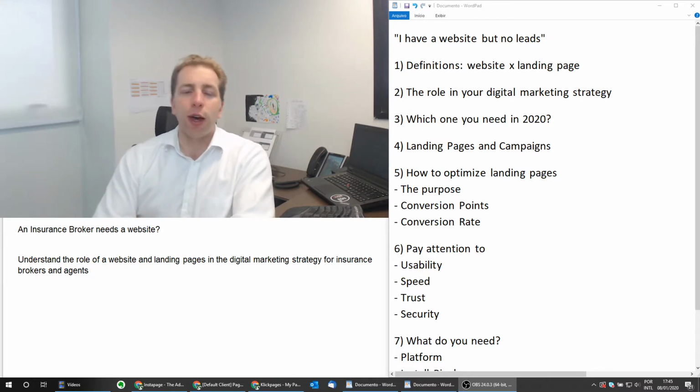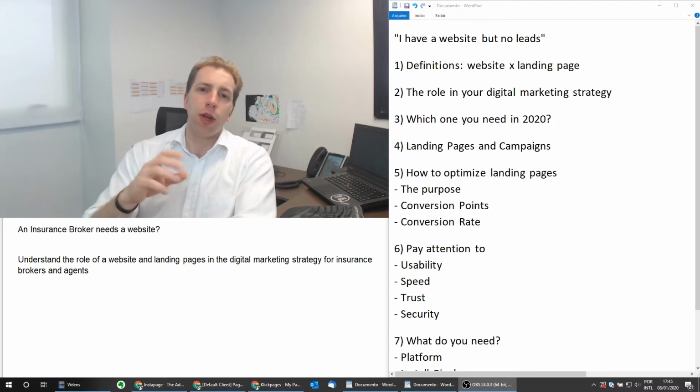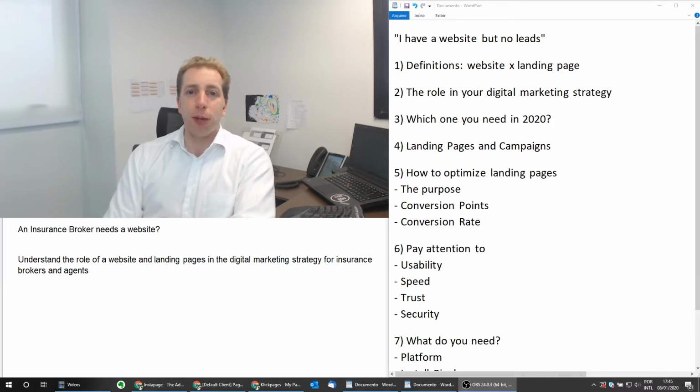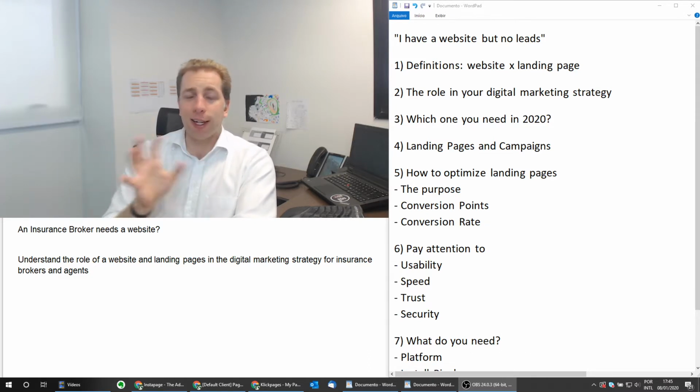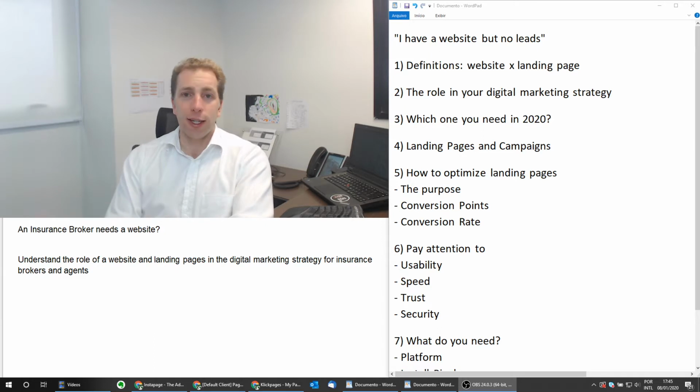You're going to have logos, you're going to have a little bit of images to add credibility to your landing page. But the landing page has one purpose, which is to receive traffic and convert that traffic, that click that you got, into a lead. That's it.